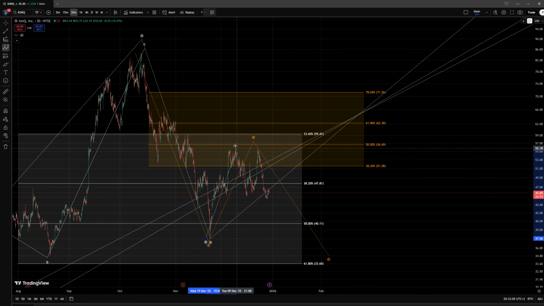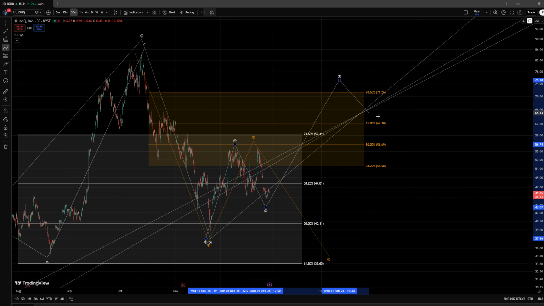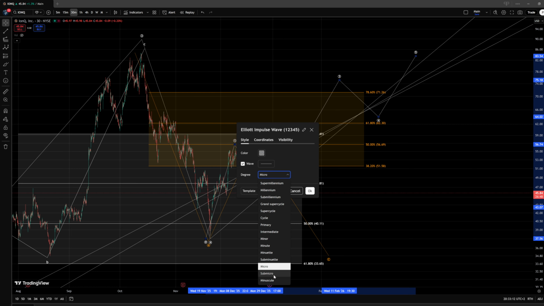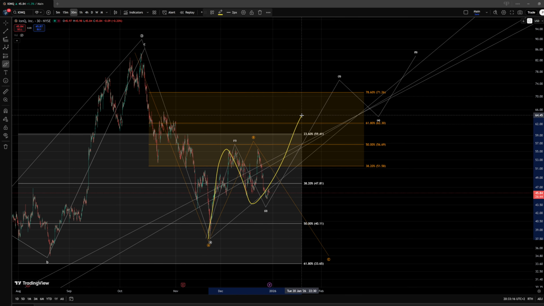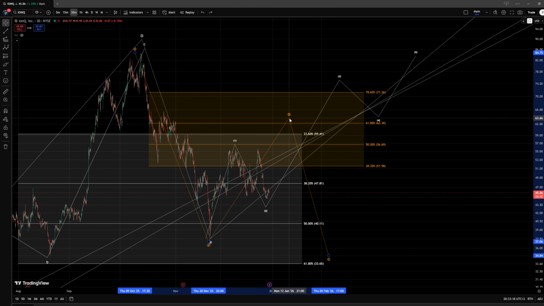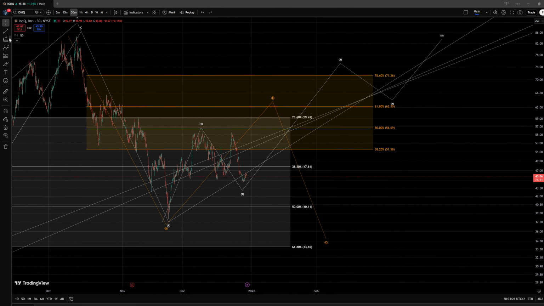And for now, we are going to focus internally in the white scenario on a 5-wave move to the upside, but I want to make it clear once again, this structure could actually still form just an ABC movement, yeah, that could actually work out even within the wave B in orange. This correction can still see extensions, but for continuation higher, we are going to mostly focus here on the area